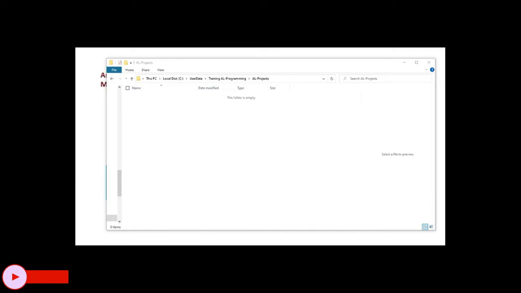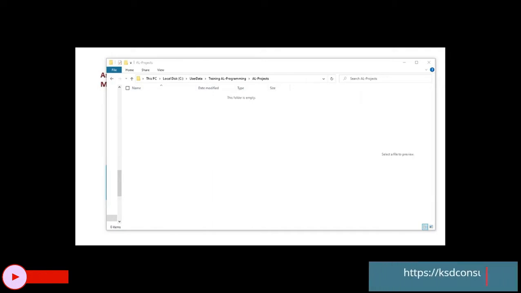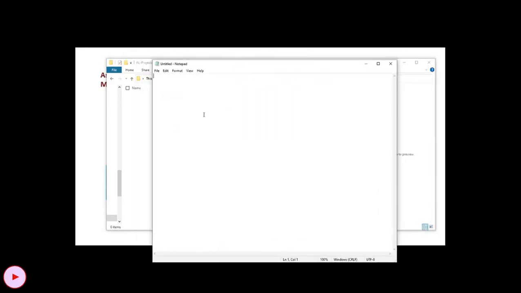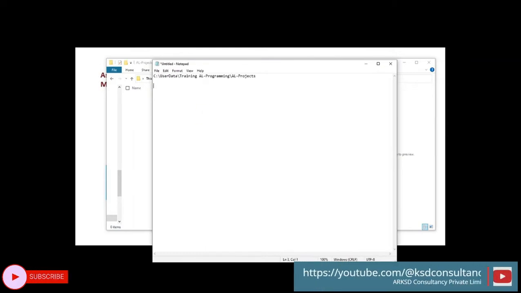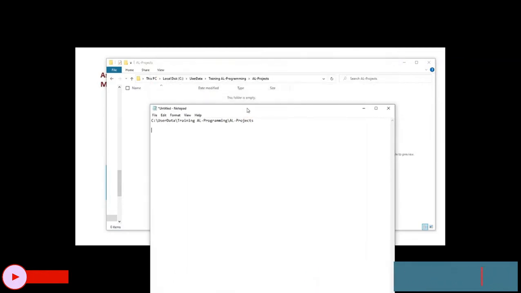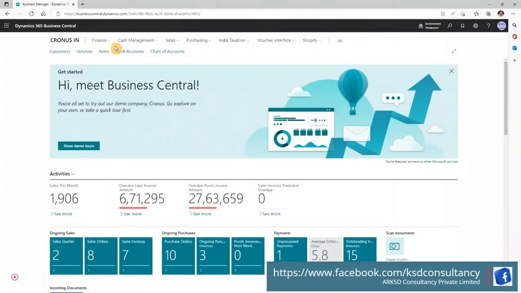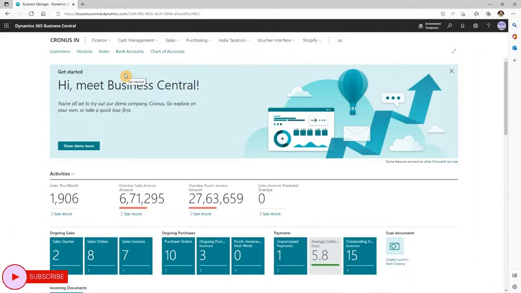So for that I am opening a notepad and will save all the information. So this is the folder where I will store all my projects. Okay. Next thing is to find the instance on which we are going to have a development. So this is one